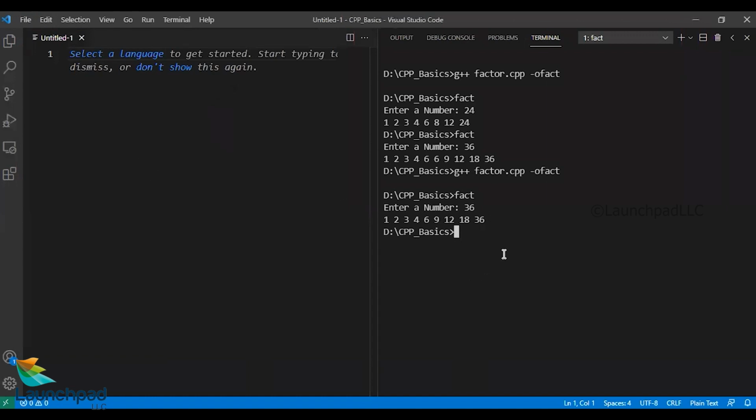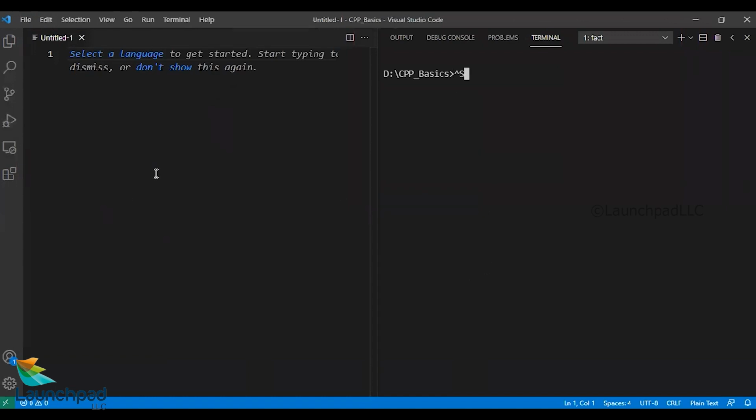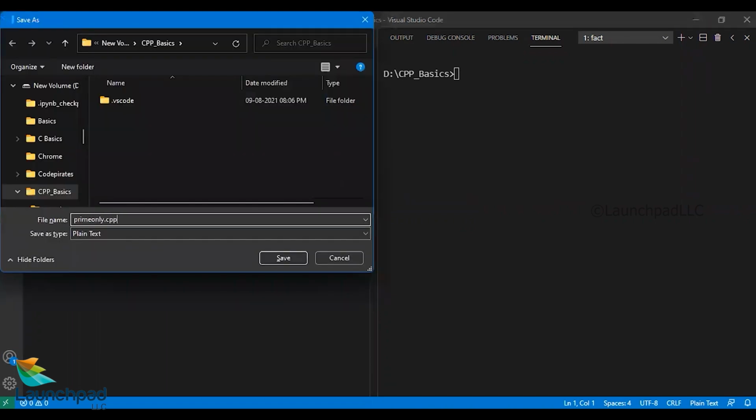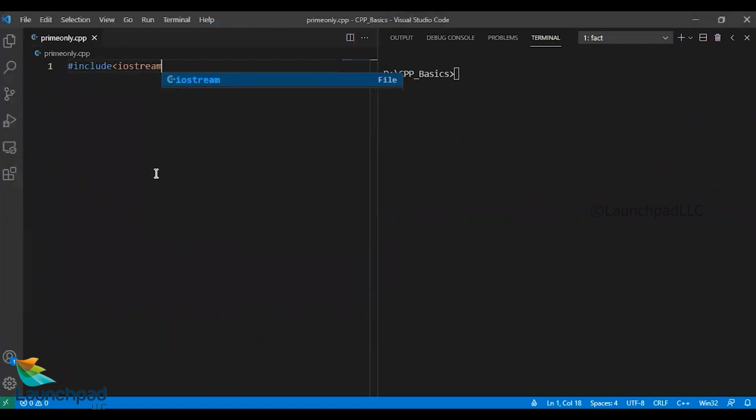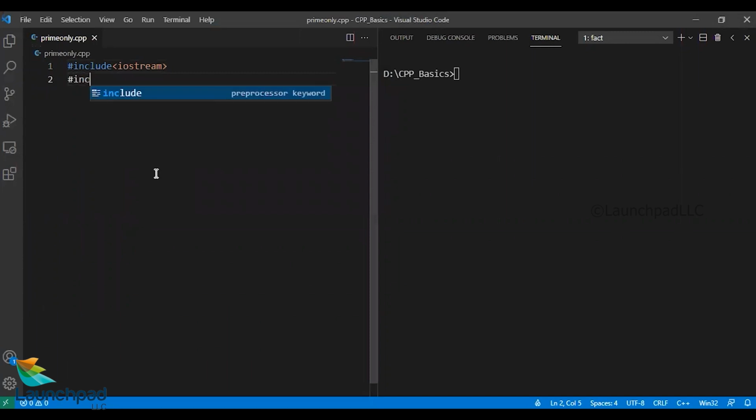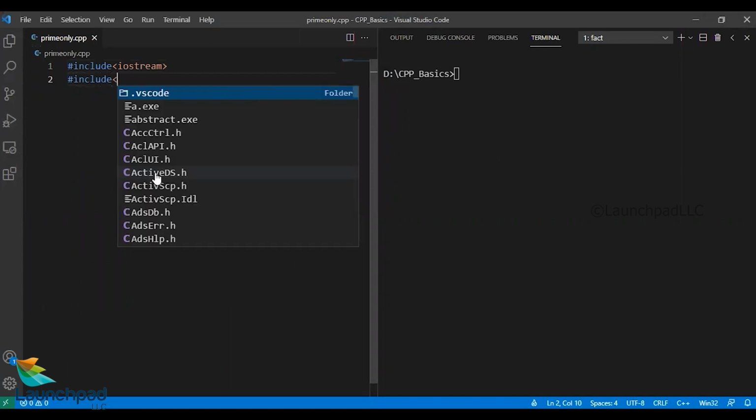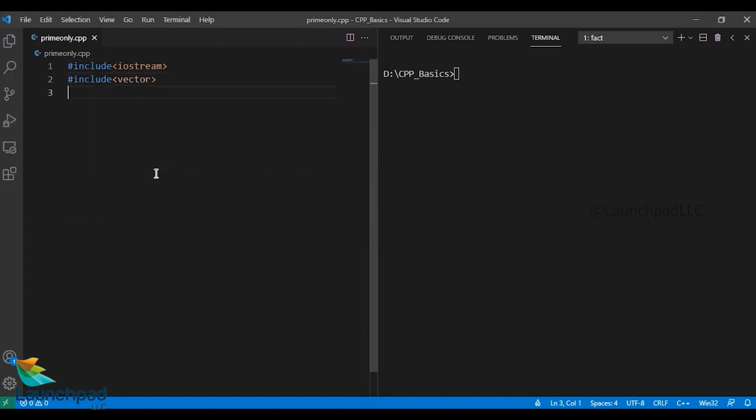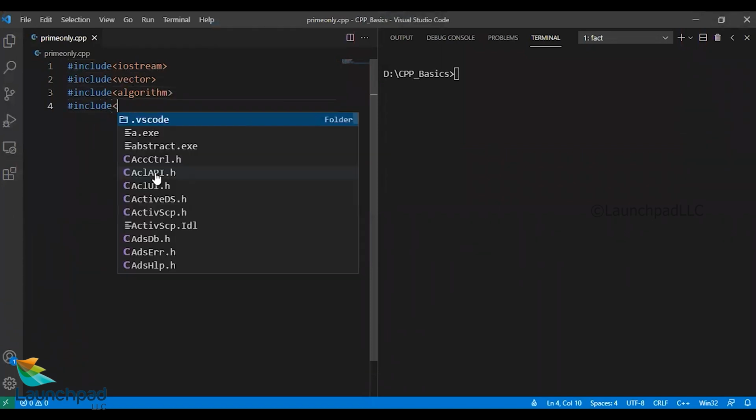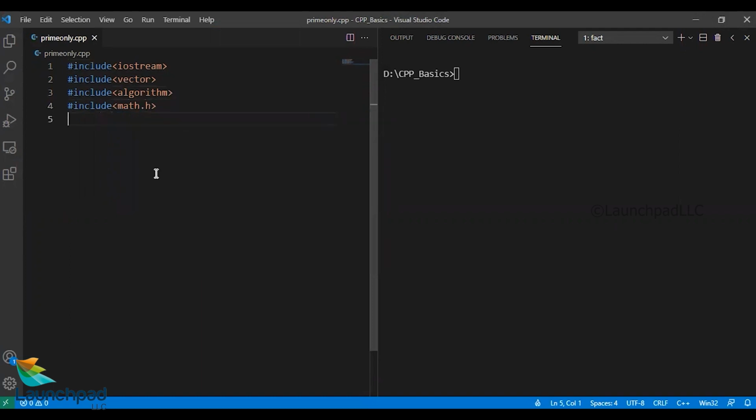So let us have a new file. I'll save this file as prime only.cpp. Let us start with our header file here, and let us have our vectors. Let us have the algorithm as well, which we might use to sort it. And let us have the math header file as well, and let us write